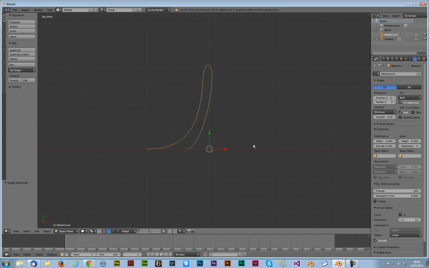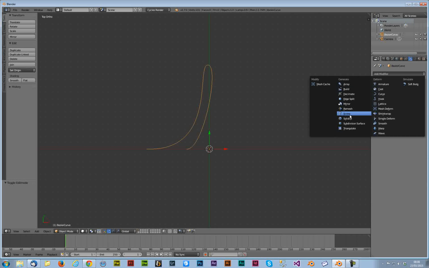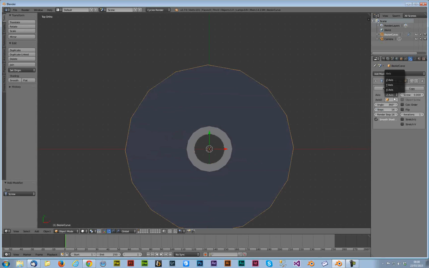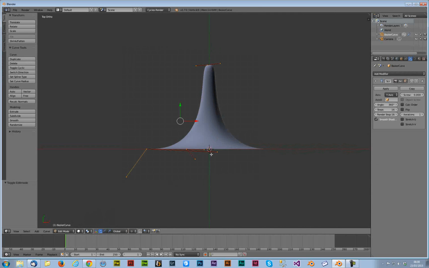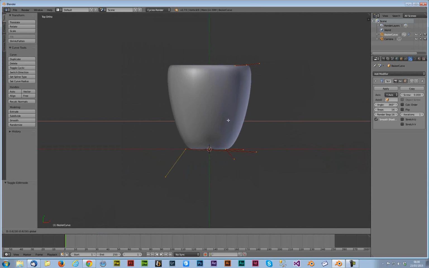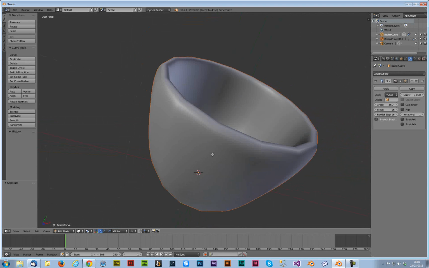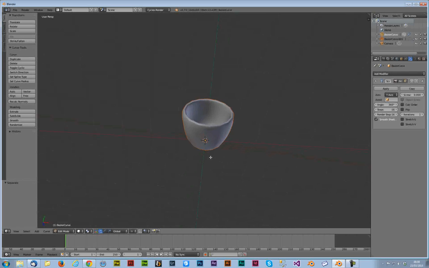So I'm just going to turn that off. I'm just going to change the resolution of these a bit as well so that we get slightly smoother curves. And then I can go into this thing called a modifier and add a screw modifier, and I need to change the axis in fact to make it the y-axis, and you can see it's now taken that shape and it's lathed it, but it's actually done it in the wrong place, so I need to change that. So I'm just going to go back into edit mode, and I'm going to grab my vertices and I'm going to move them, and you'll see that if I just go into a perspective viewport now, you'll see that it's in